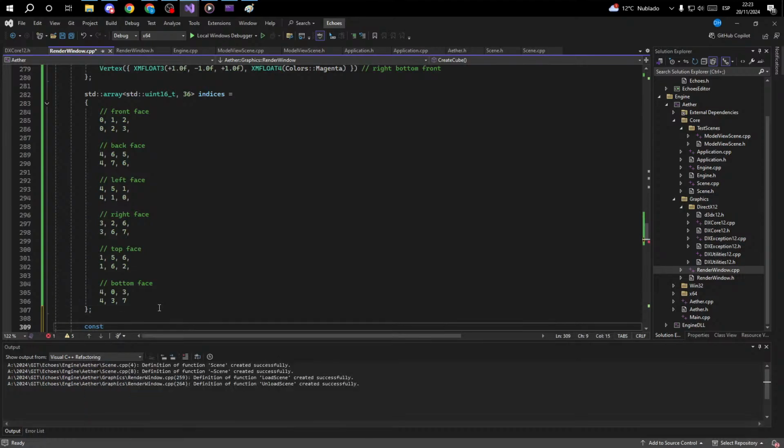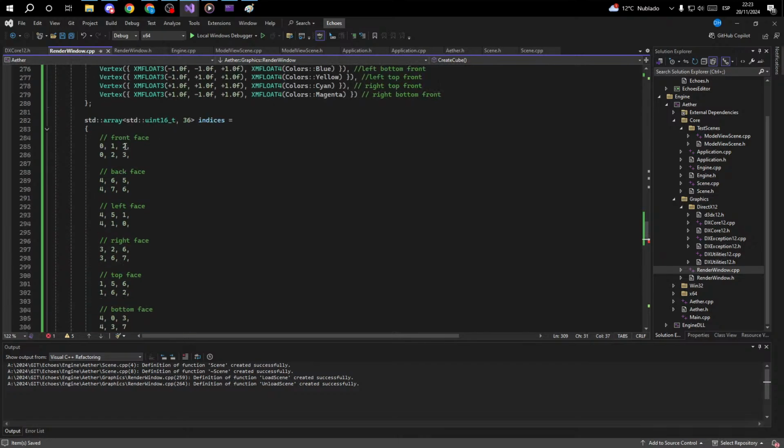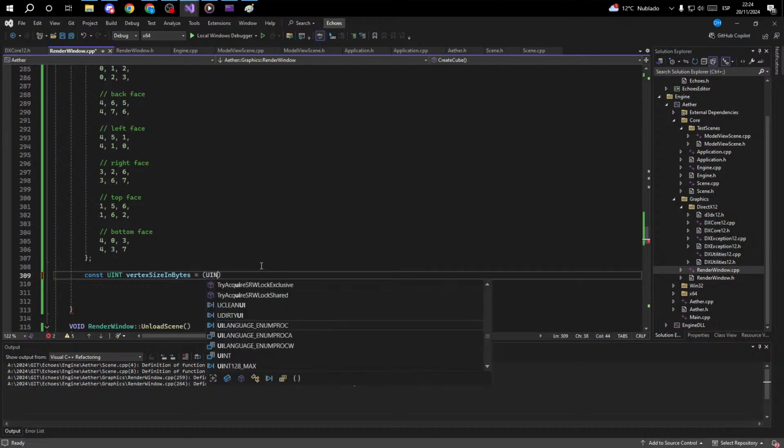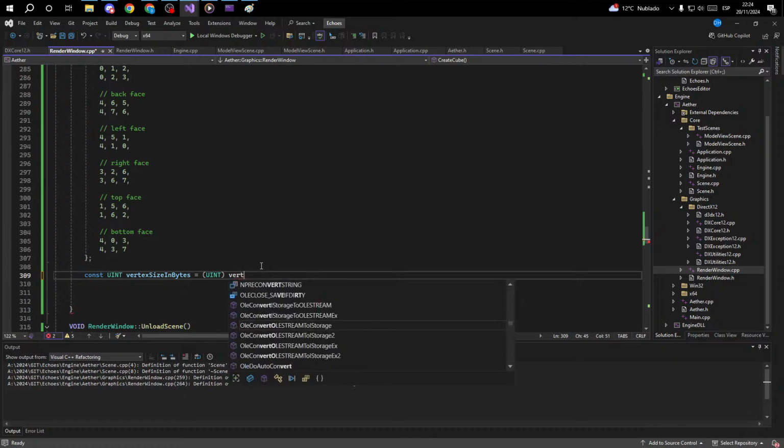Right, what we need to do now is work out how big our vertex size is, and how big our indices size is. So let's just create a uint, and we're going to say vertex array size in bytes. This is going to be a uint. I'm going to take all the vertices we just made,